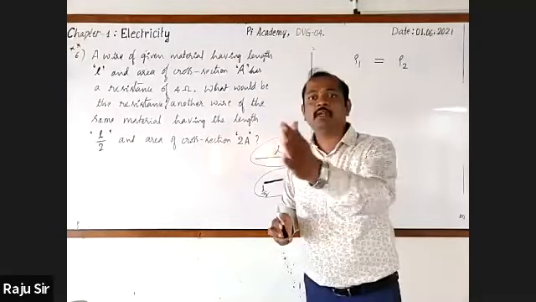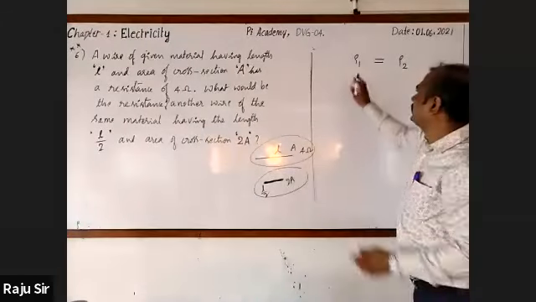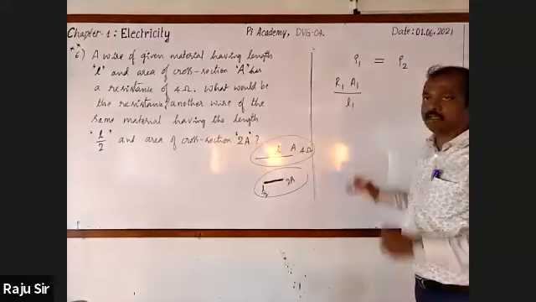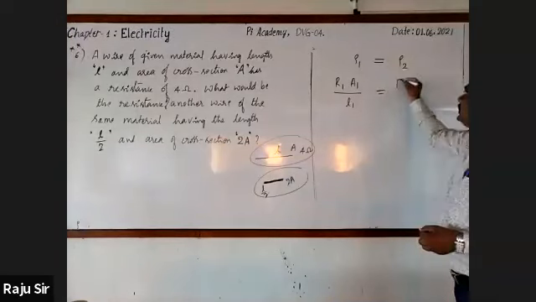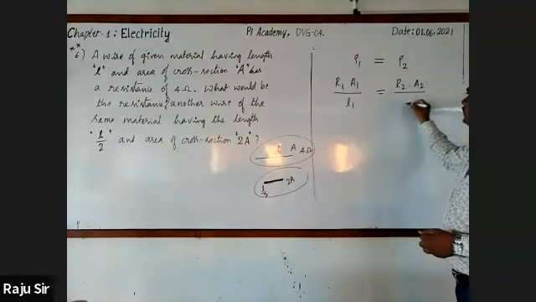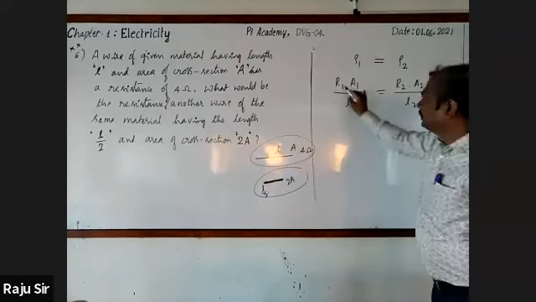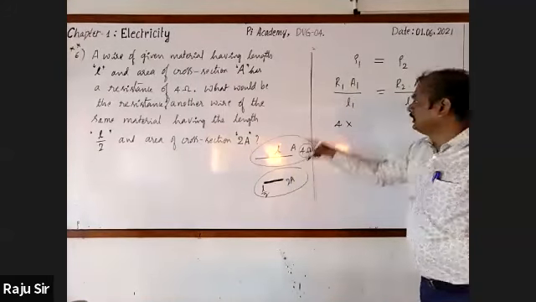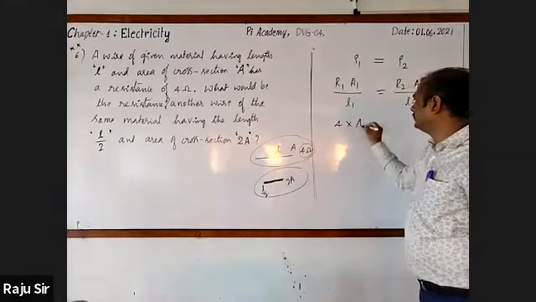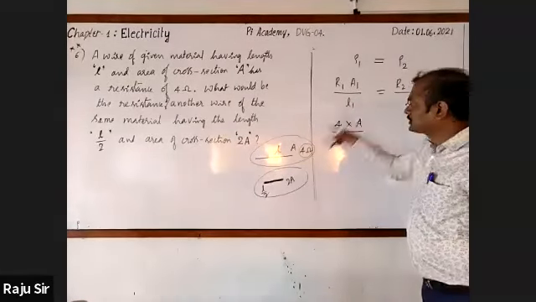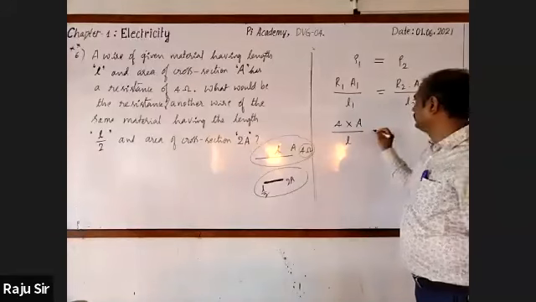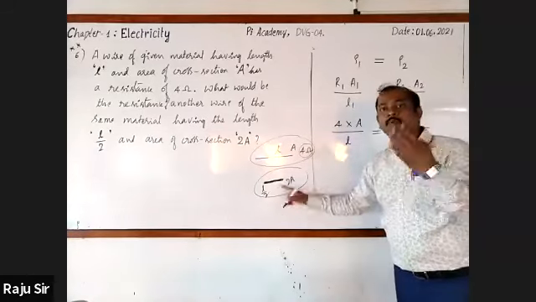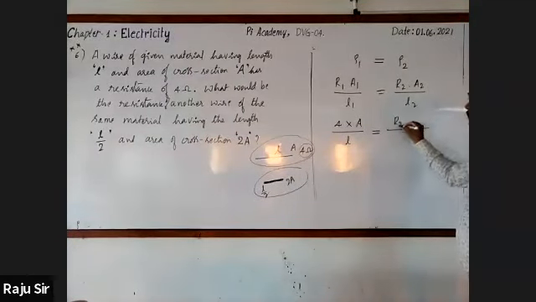And we have a formula to find out resistivity. It is R into A by L. Resistivity of the first wire is R1 into A1 by L1. Resistivity of the second wire is R2 into A2 by L2. Resistance of the first wire is known. It is 4 ohm. Its area of cross section is A, and its length is L. The resistance of the second wire is unknown, which we are going to find out. I take this R2 as it is.